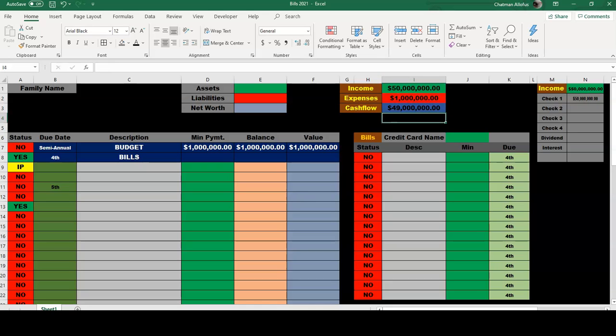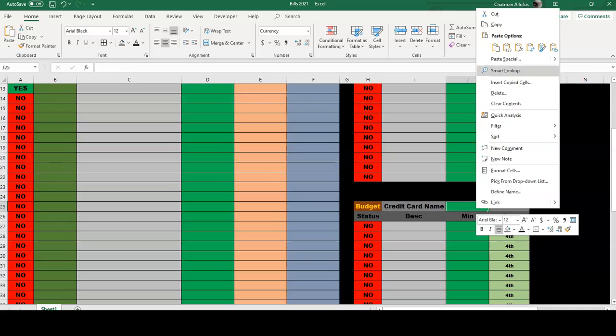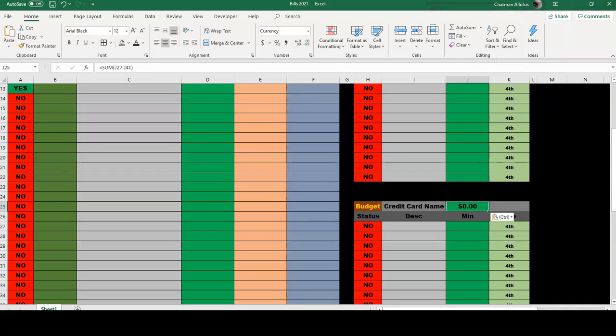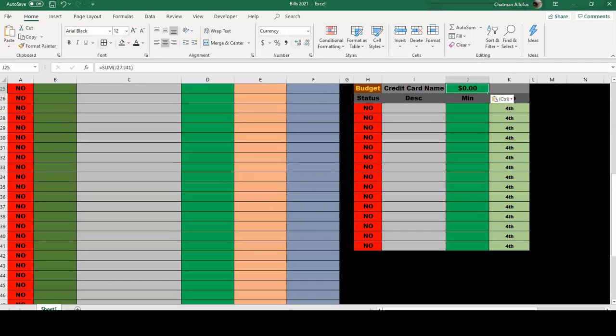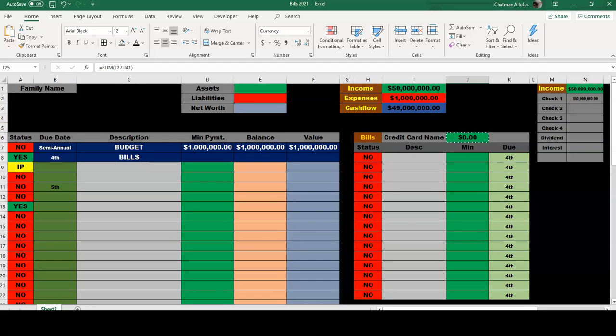And then for the bills credit card, our total here, we can auto sum, and it's going to equal the total here. And I believe you could just copy and paste that here. You could check the formula right here, 27 through 41. It'll automatically adjust and add this field here. Okay, so